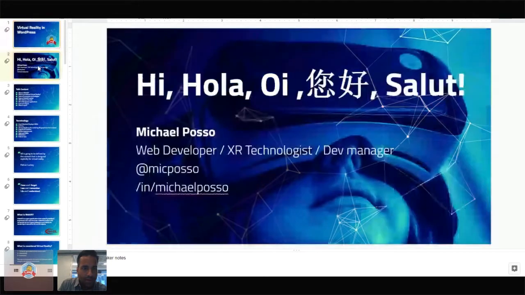So I'm going to switch to my Google Slides, and I'm going to begin the presentation. It's a little bit slide heavy. We are going to see some code later in the presentation and some examples as well. The examples are hosted in Glitch. For those of you that are not familiar, Glitch is a really great online development environment. Think like CodePen. But it's really good for A-Frame. It works very, very well with A-Frame. So let me switch my screen to my Google Slides, and we'll get started.